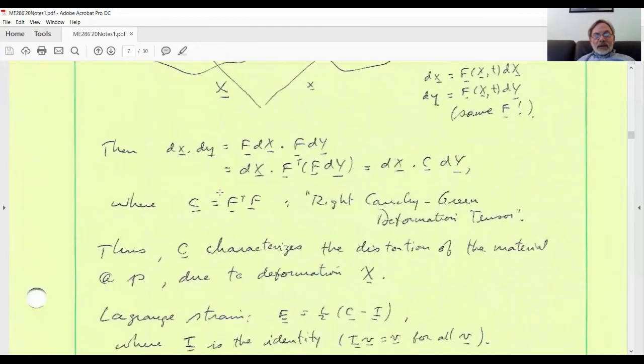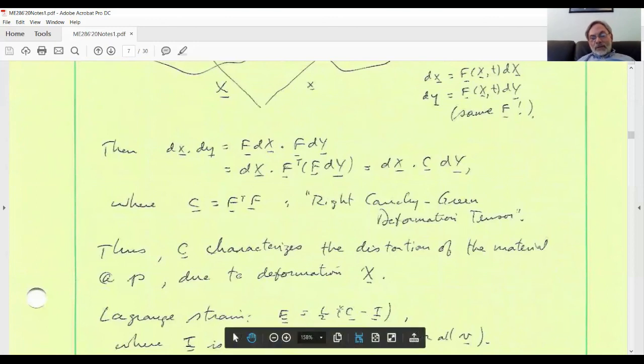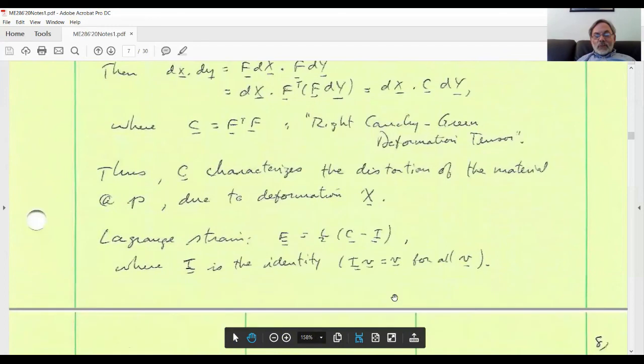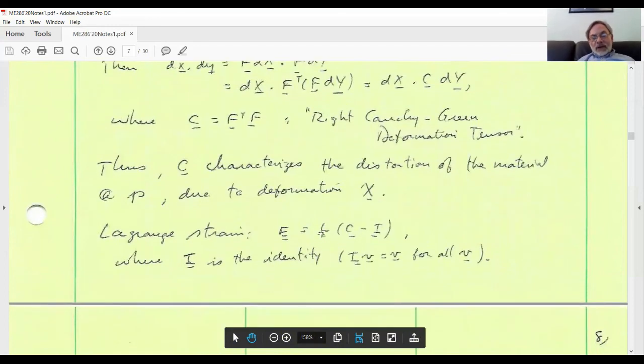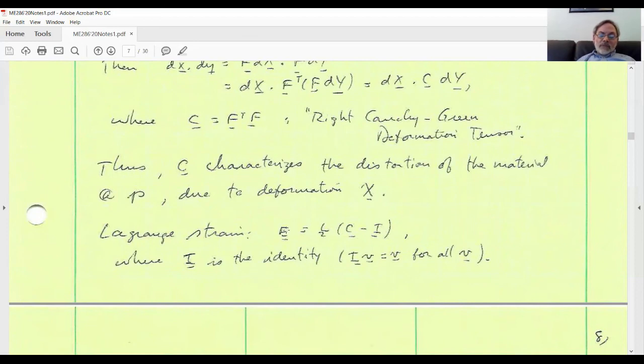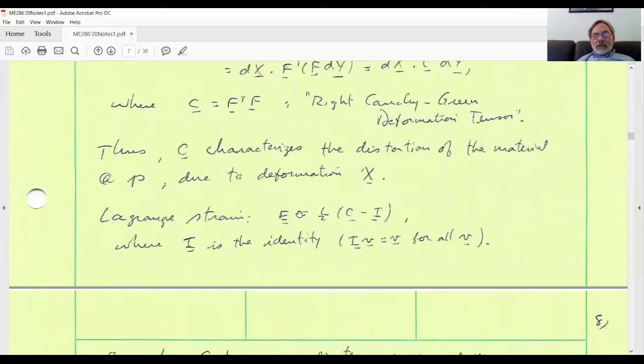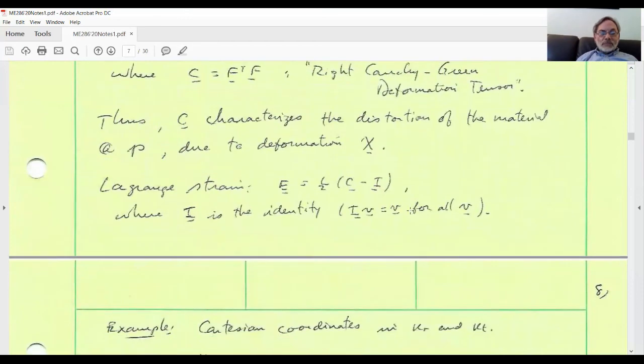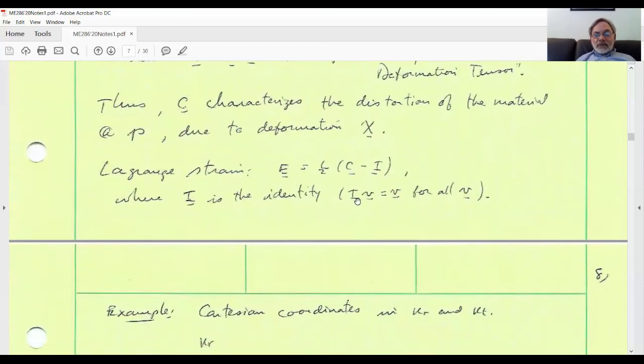Then C would be the identity, and if we subtract the identity, we have a measure of distortion that vanishes when the material is undeformed, and the factor 1/2 is simply inserted here so that this linearizes, in the case of small displacement gradients. In that case, with the factor 1/2, this will coincide in the limit of small displacement gradient with the classical infinitesimal strain tensor used in linear elasticity, for example. And here, I is the identity, simply that maps any vector to itself. Okay,